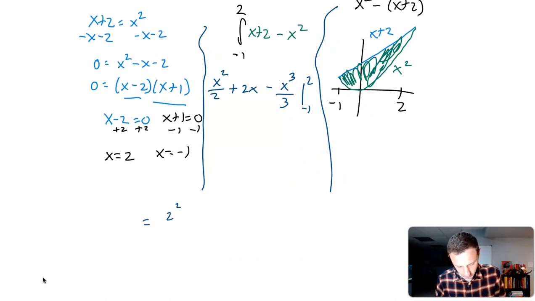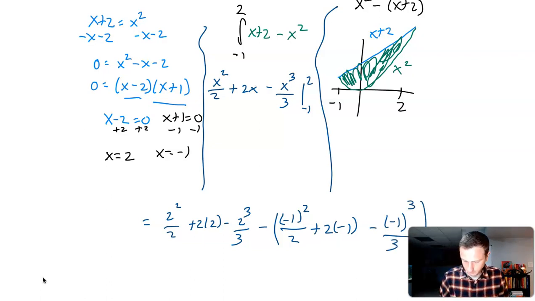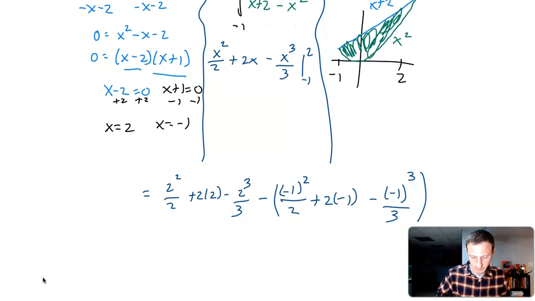So I'm going to have 2 squared over 2 plus 2 times 2 minus 2 to the third over 3 minus, and then we got to enter in -1 squared over 2 plus 2 times -1 minus -1 to the third over 3. Definitely have to be careful here. So when you type all this in, you're going to get,